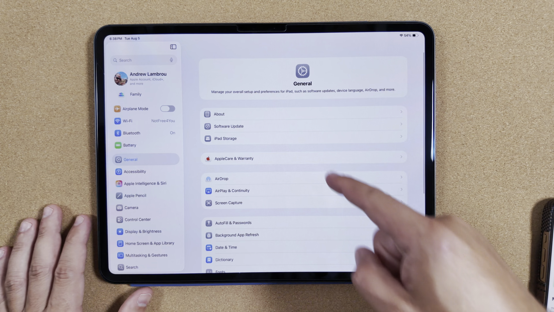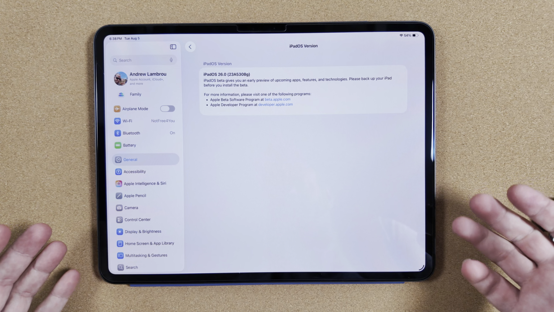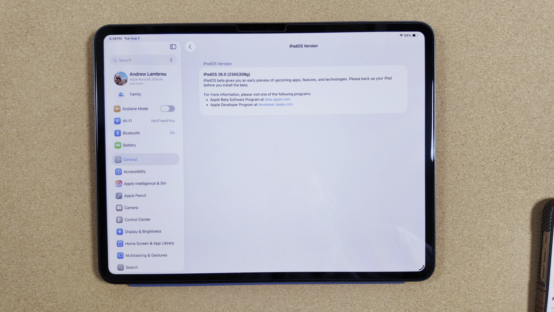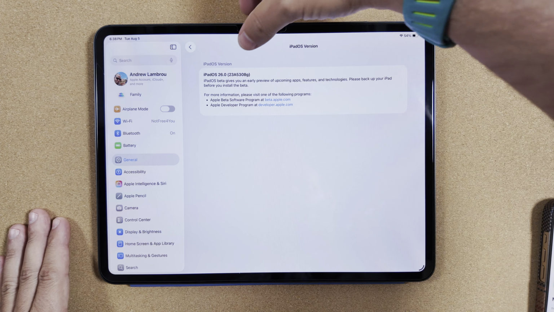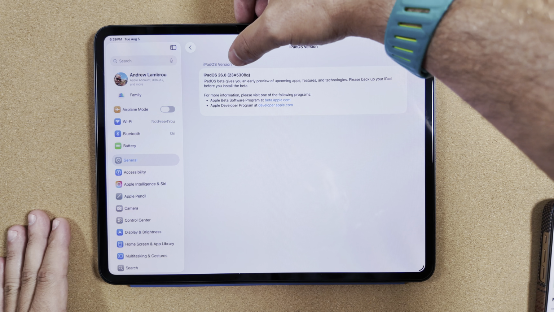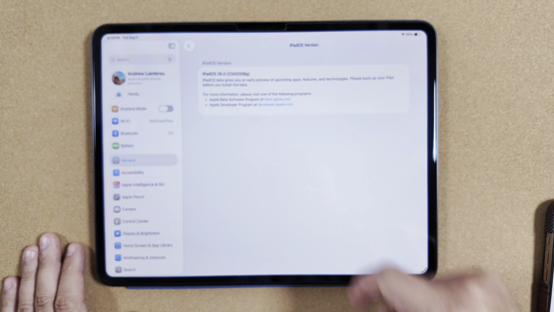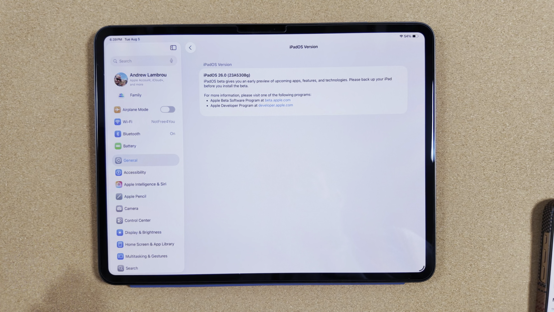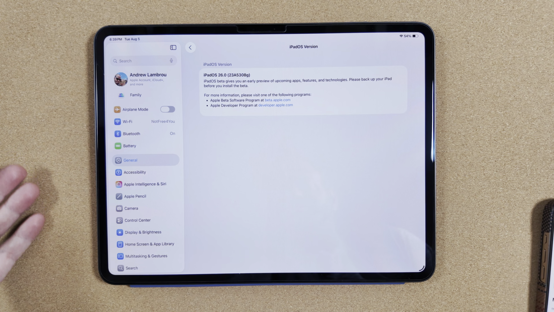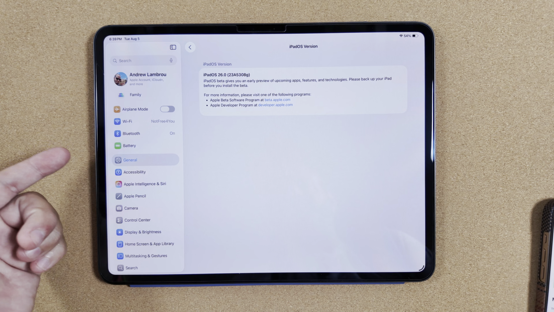So jumping into Settings, General, and About, I do want to talk about the iPad versioning number. If you guys follow the channel, I've been talking about the versioning and how kind of whack it's been this whole beta cycle. If you guys are new to betas, what Apple does is this alphanumerical number right here always signifies and gives us a hint of how close we are to a public release. So the closer the letter at the end of the version is to the beginning of the alphabet, so a B build, C build, things of those natures, you can pretty much guarantee a release candidate is nearby